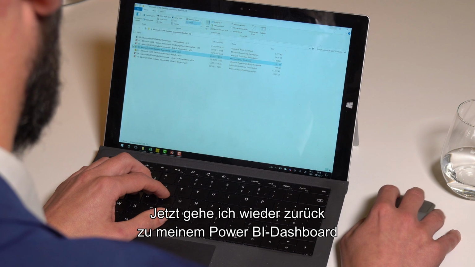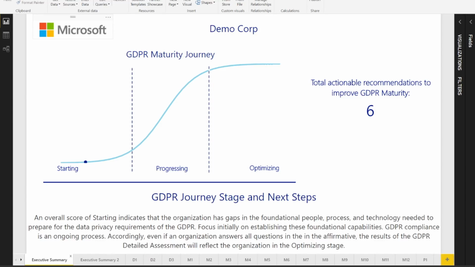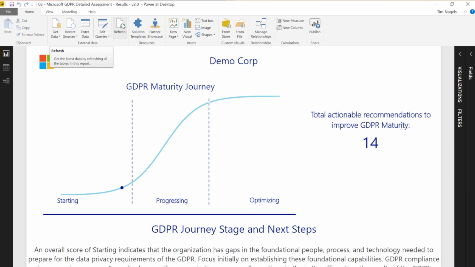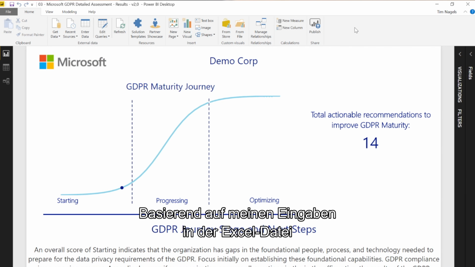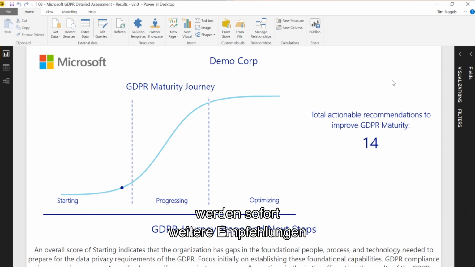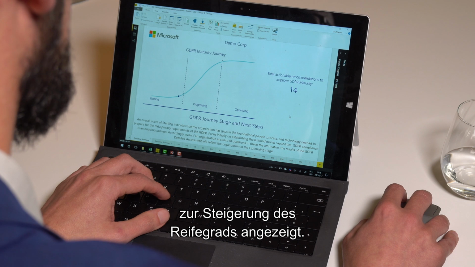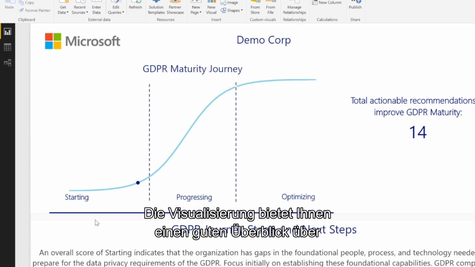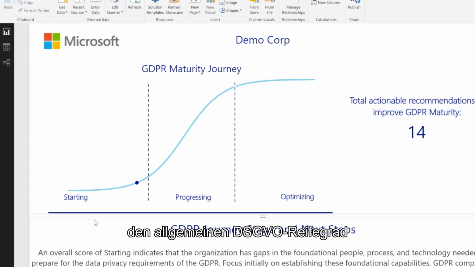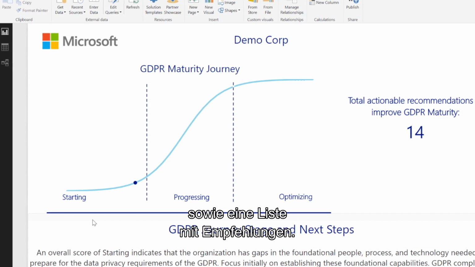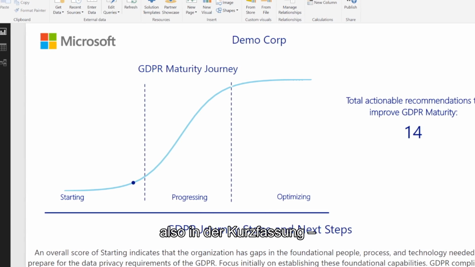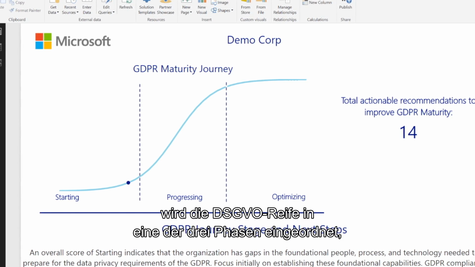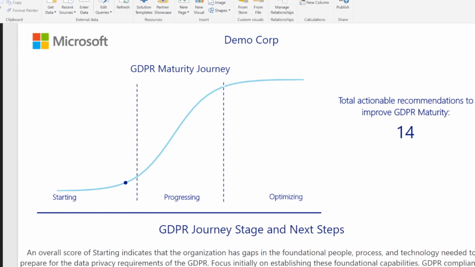Now I'm going back to my Power BI dashboard and I hit the refresh button. So now, based on what I put in the Excel file, you immediately see that there are additional recommendations to improve the maturity. Now, the visualization gives you a good overview of the overall GDPR maturity together with a list of recommendations. So in this first step, the executive summary displays the customer GDPR maturity in one of 3 stages,